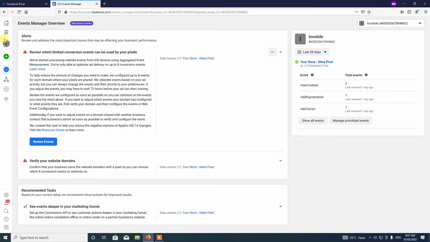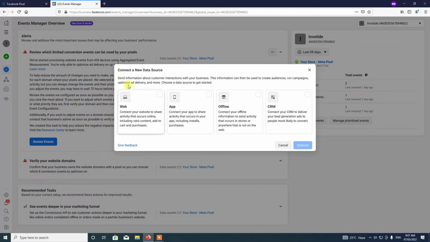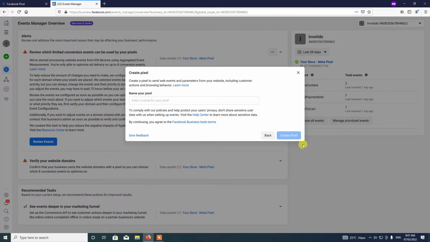So to do that, we go ahead and select the Connect Data Sources option. Now here under the Connect a New Data Source, we proceed to select Web. So the Web option is what we tick, as we need to track the activities on our website. So select this option and then click on the Connect button. So we are going to give a name to the new pixel. So we'll call it Store Pixel. And then we proceed to create